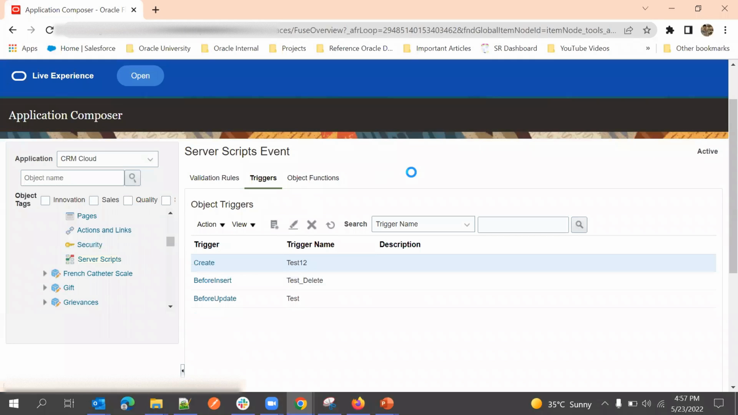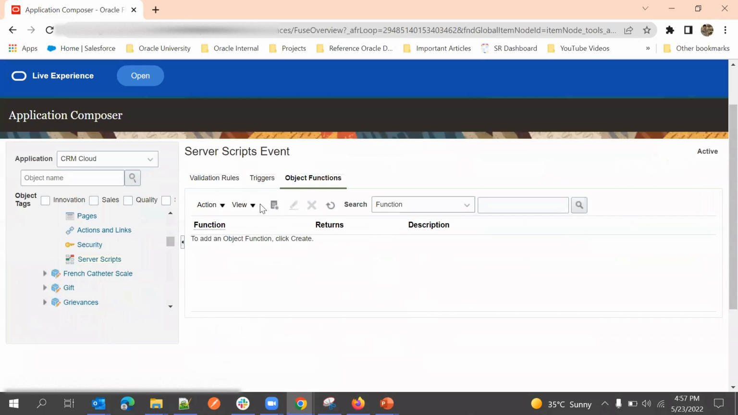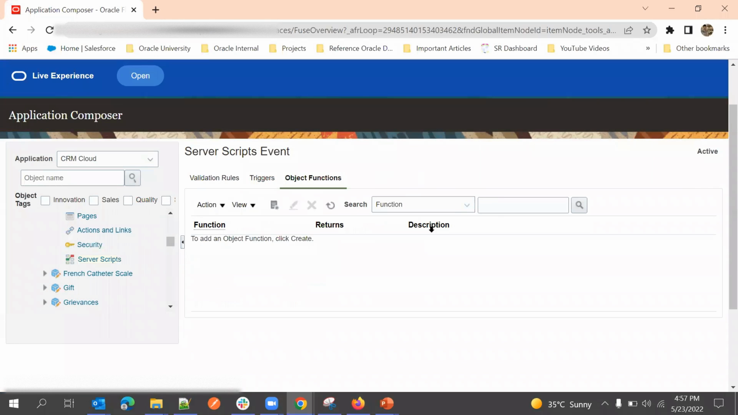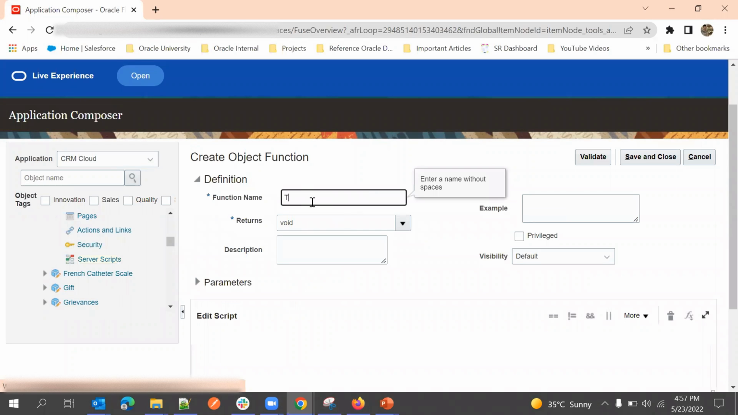So now one more thing we have is object functions. So object function is nothing but, so we'll write some code here. So suppose maybe we can consider the same code, and that code we can call it in